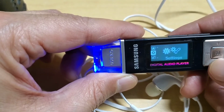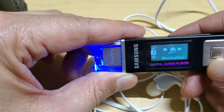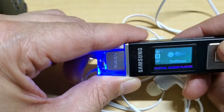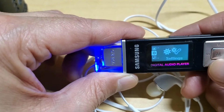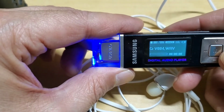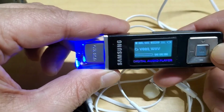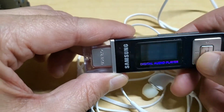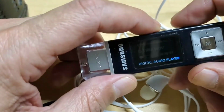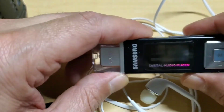Again. And this is the music. Navigate. Playlist. So there's so many things. Setting music. To change the track simply by going here, press here, you see, and it'll guide you to the next one. Okay, so